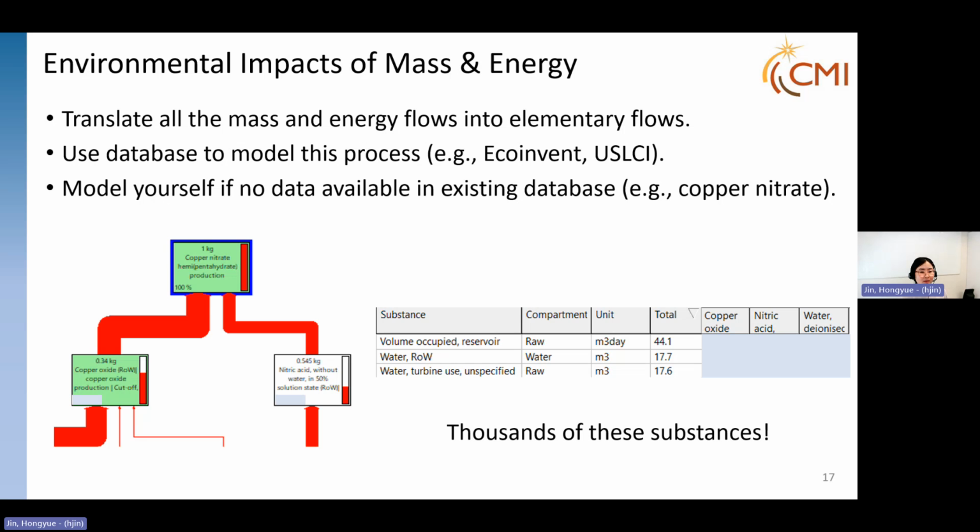Environmental flows is an LCA term, which is essentially saying all the inputs from nature without prior human intervention, like water from rain, water from natural lake, and then outputs discarded to the environment without subsequent human transformation, like CO2 emitted to the air,